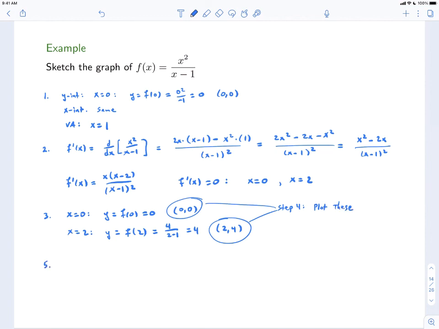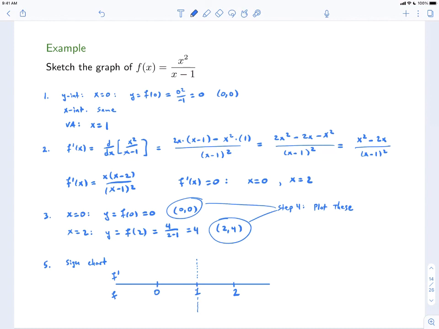So that gives us step 5, where we look at a sign chart for f prime. Now we have to put 3 things on here. We have to put x equals 0, x equals 1, and x equals 2. x equals 0 and x equals 2 are on here because that's when the derivative is 0. But we also have this vertical asymptote here, and we need to have that in here as well. The next step is just to determine the sign of f prime and how that relates to f. So we have 4 intervals that we have to check,